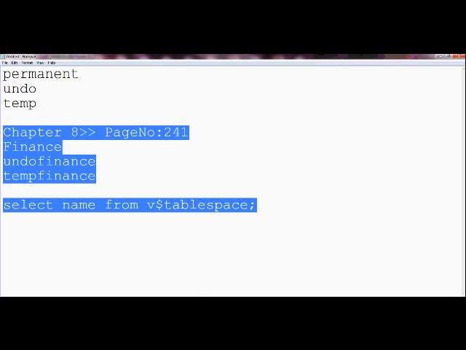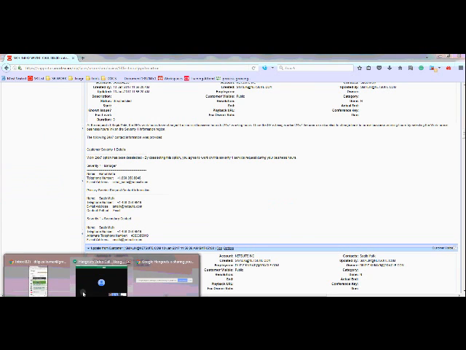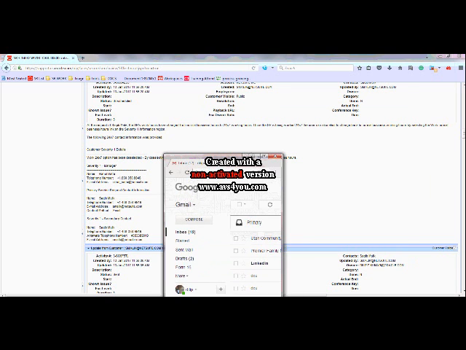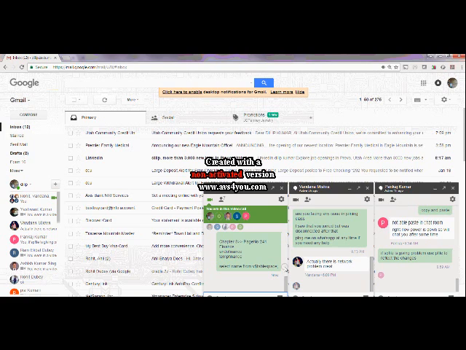Chapter 8, page number 241. Read about it in the PDF. It has a few more pieces of information as well. So refer to it, try to create those, and let's discuss tomorrow again.